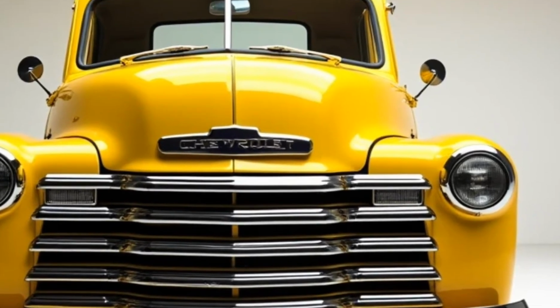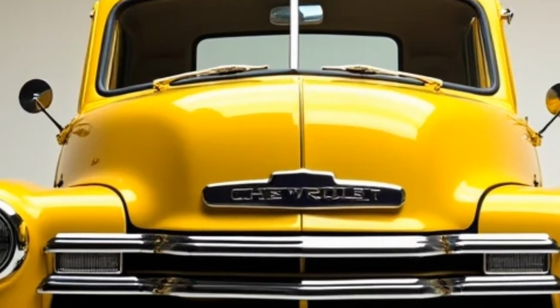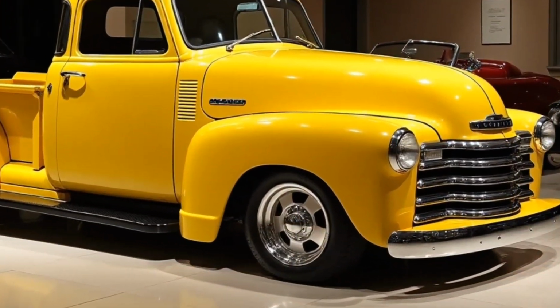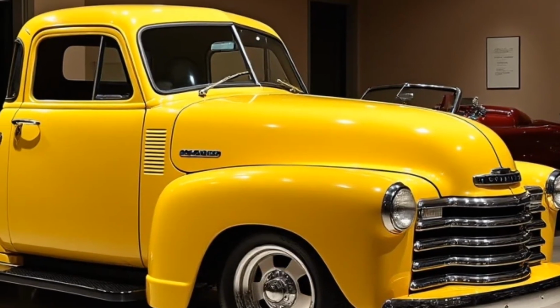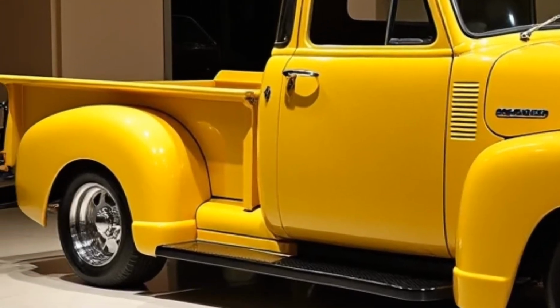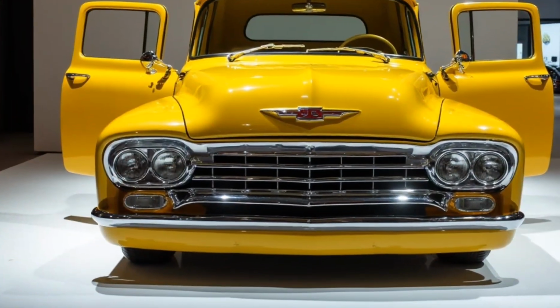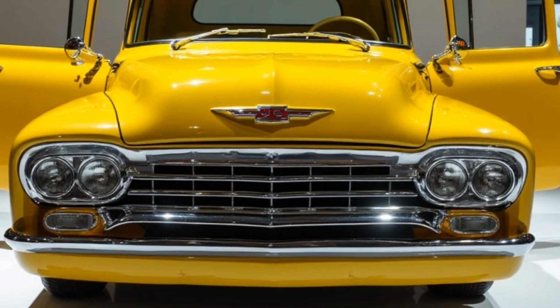Now, the big question: how much will this piece of modern nostalgia cost? While Chevrolet hasn't officially announced the price, experts predict it will start at around $55,000 for the base model, with the fully loaded Signature Series potentially crossing the $80,000 mark. Given the level of craftsmanship, technology, and performance packed into this truck, it's a worthy investment for collectors and truck